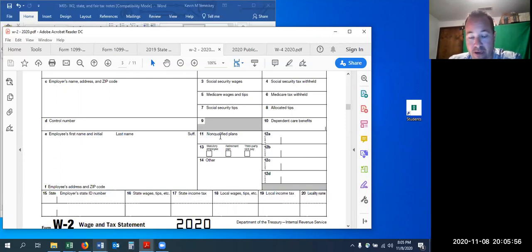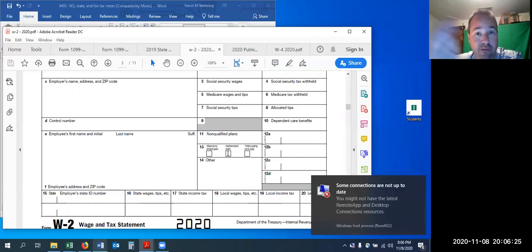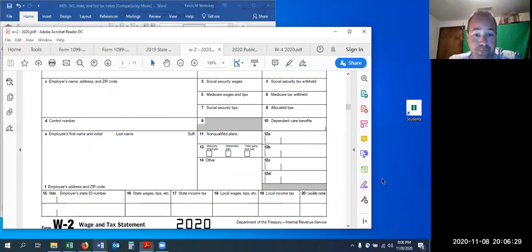Box 13, this is going to be checked. Remember, especially for the IRA, this is going to be important here. If you have access and the employer has put money into a retirement plan for you on your behalf, if you put money in, it's going to show up over here. If you didn't put money in, but you still have it available and the employer's put some money in, this will be checked. And then therefore you have some of those limits. Remember we talked about with the IRA last week, that if you have an option of a retirement plan, then you could be limited on how much you can put into an IRA at that point.